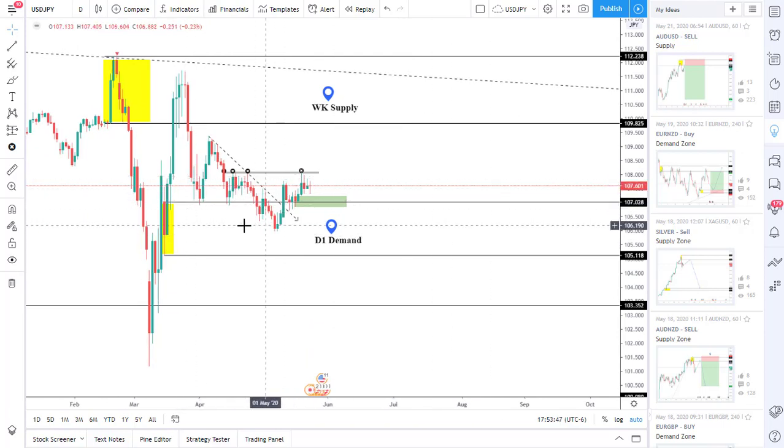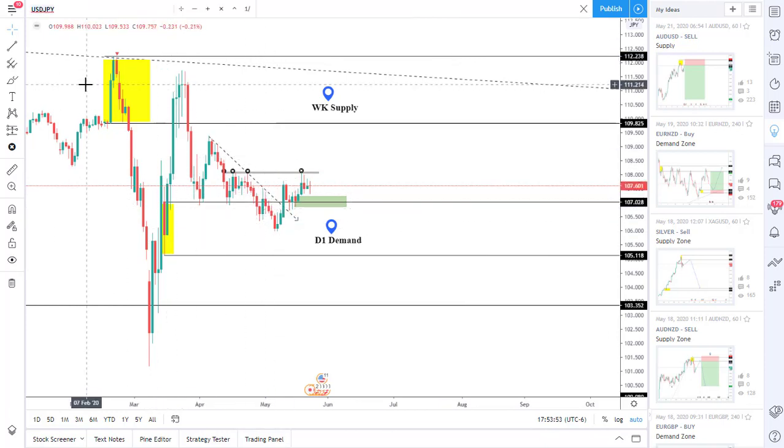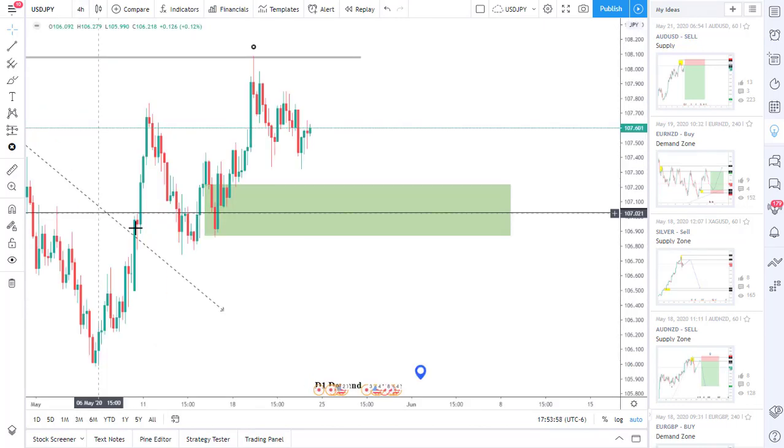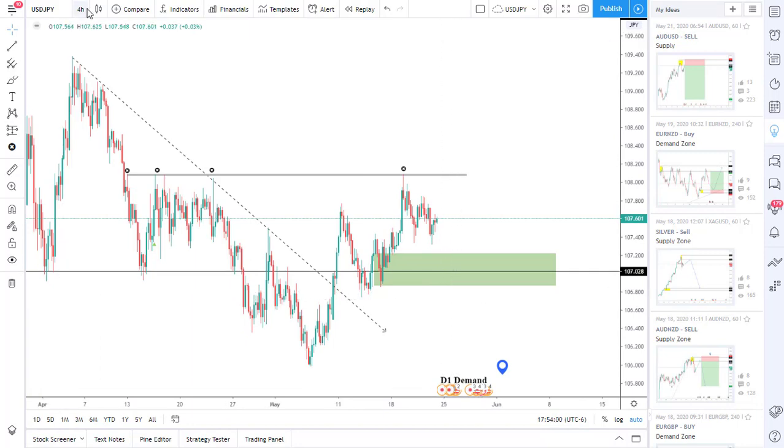an engulfing candle, this level being taken out, and also the trend line being removed. And that's actually exactly what happened, and that's exactly what we were expecting. Now on the daily,